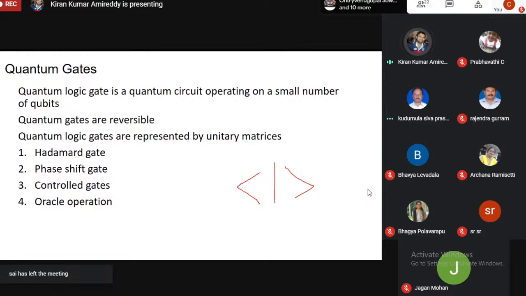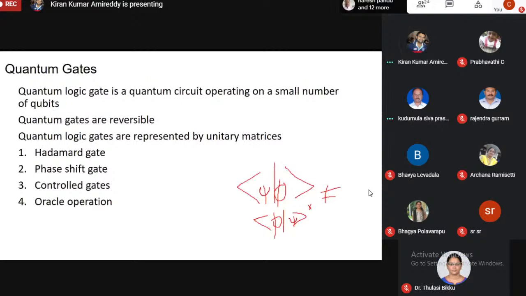If we are taking the inner product, let us say ⟨psi|phi⟩, or when we are taking ⟨phi|psi⟩, we should be very careful. These two are not equal. If we want them to be equal, we need to take the complex conjugate. So when you are taking, in the problem, ⟨a|b⟩ or ⟨b|a⟩, it will be